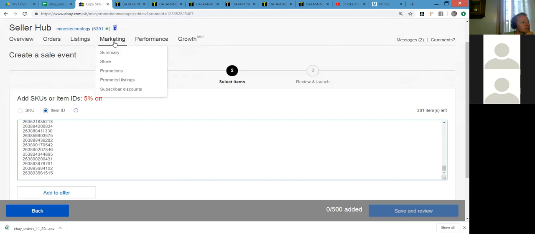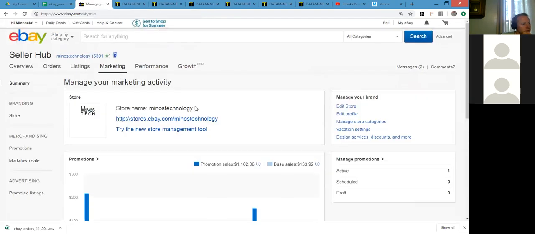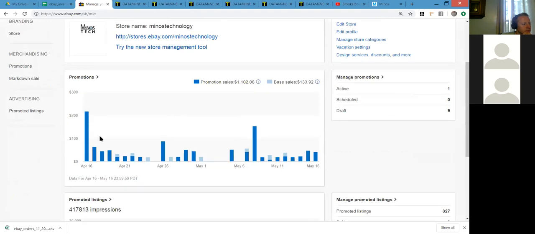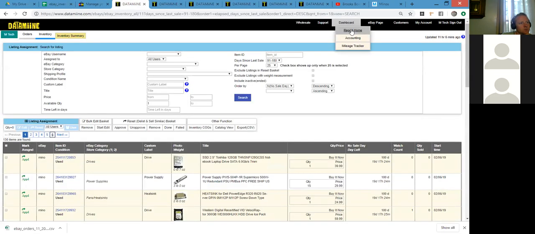Are you aware of anything? I think it does in the marketing tab. It shows you the promotions that you have going on. I always look right here. It shows you everything that's promoted and the total sales you're driving from it. And then also in Datamiine, let's make sure Woodjump hasn't moved this out. If you go to your dashboard tab,